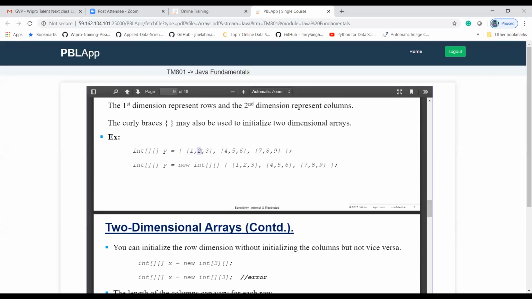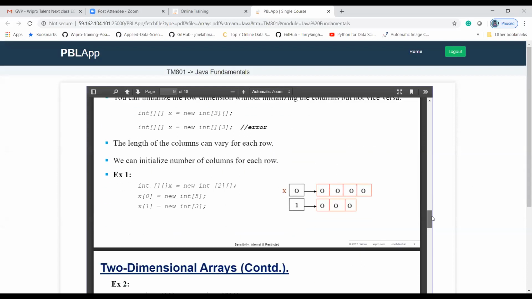Next is 0, 1, then 0, 2, like that. Next, the values are 1, 0, 1, 1, 1, 2. Then 2, 0, 2, 1, 2, 2. Like this, the index values will be allocated.